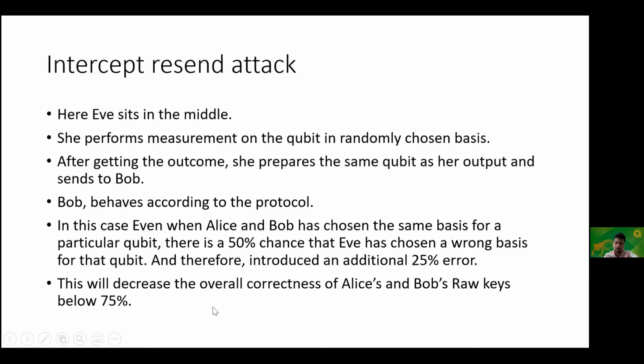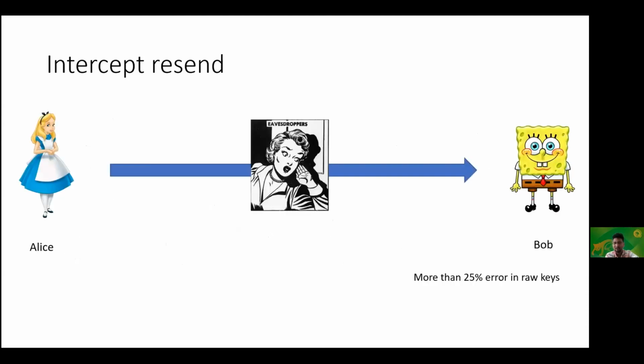So in the overall raw key, we know that Alice and Bob have a 75% match. But if there is an eavesdropper, you will see that the match ratio decreases. So instead of 75%, they will have 60%, 50%, depending on how much measurement Eve is performing. So they will see that the correctness ratio will decrease. Now, how do they know what is correct? Because after the raw keys are generated, which are maybe millions of bits, they will take a subset, say 100,000 of it, and send it to Bob. They will exchange to each other and compare that part and see what the